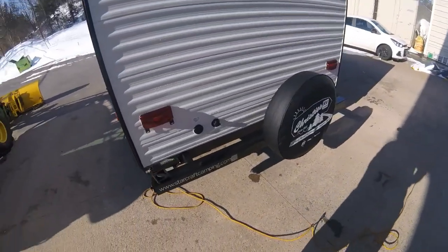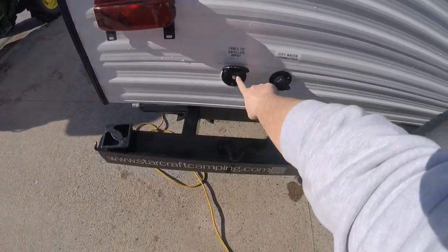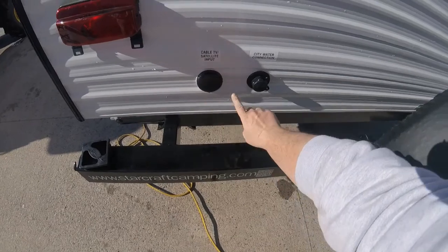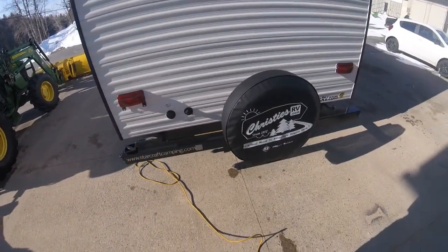On the back wall, you have your cable and satellite hookup. So if you're hooking into one of those, that's where you're going to put it. You have your city water hookup. So if you're going to hook a hose up to it,